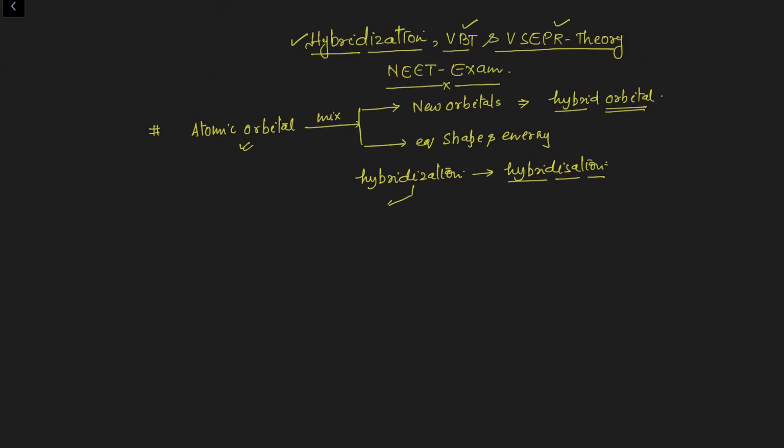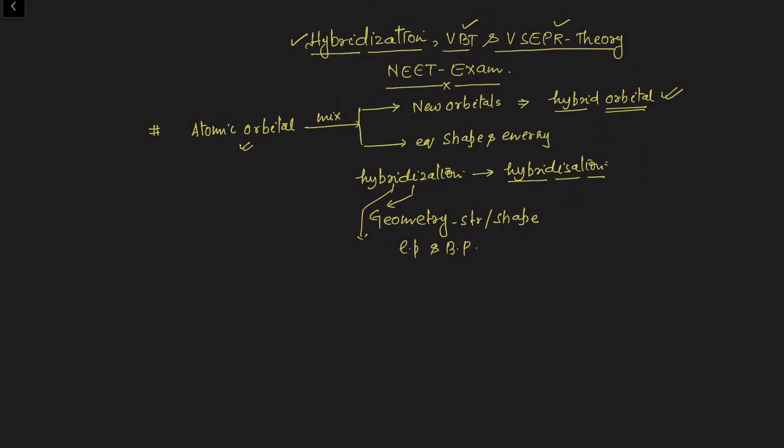First thing is the geometry of the molecule. Geometry means structure and shape of the molecule. Then it will give you an idea about the arrangement of lone pairs and bond pairs of electrons. So once you are able to get the idea about the hybrid orbitals, indirectly you are getting the idea about the hybridization of the given molecule.